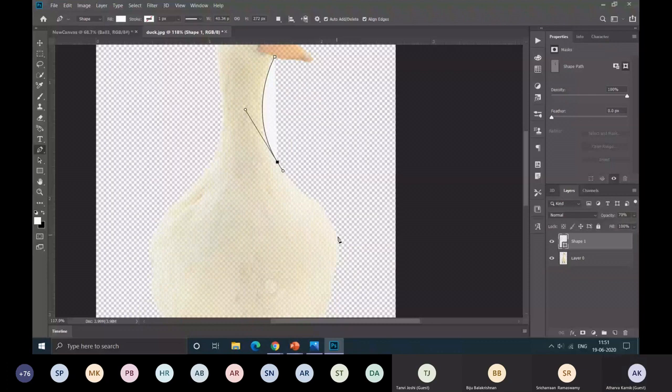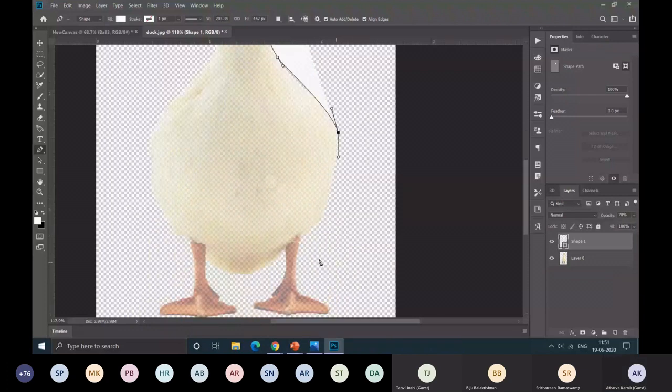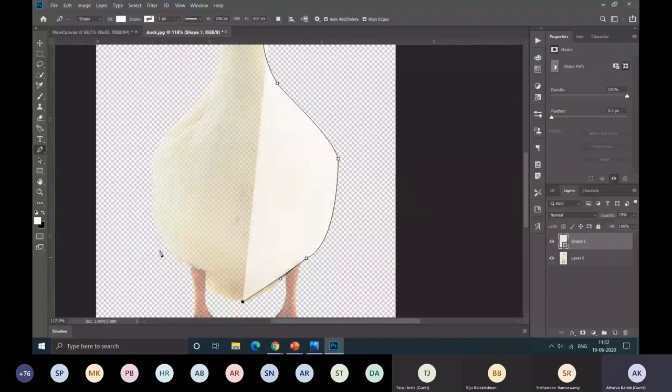Change the direction. Like this. Again here. Change the direction. Bring it closer. Add curve again.